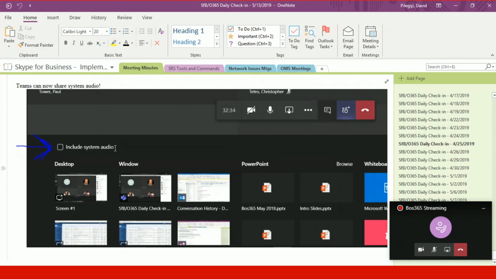So if you want to play something off of YouTube during a Teams meeting, the sound will be pushed through as well. That's one of the reasons why we know we're going to have a huge win, because that is a very popular request, especially from our sales staff, who share a lot of data through videos and